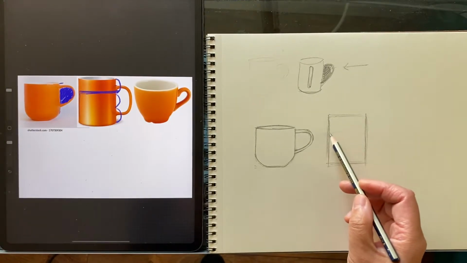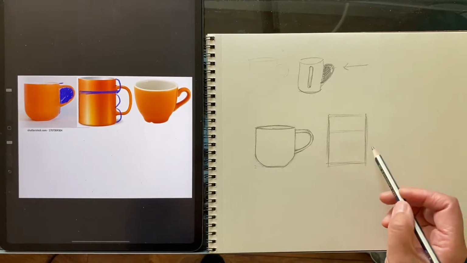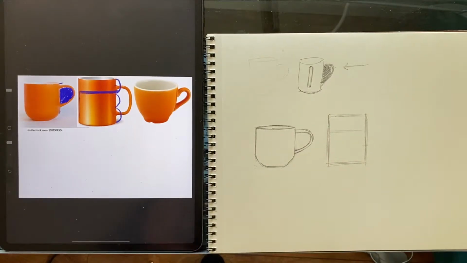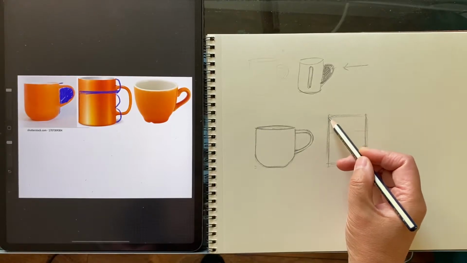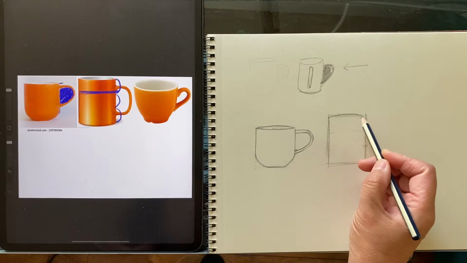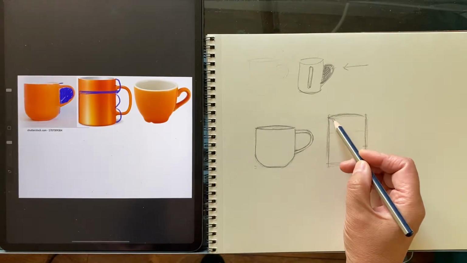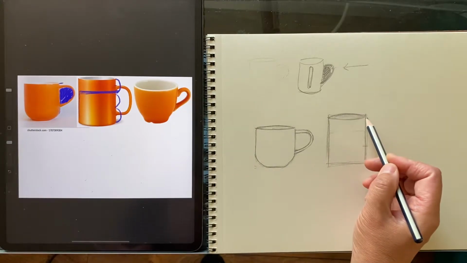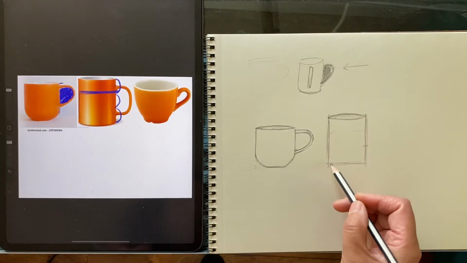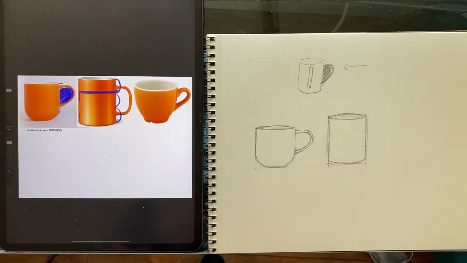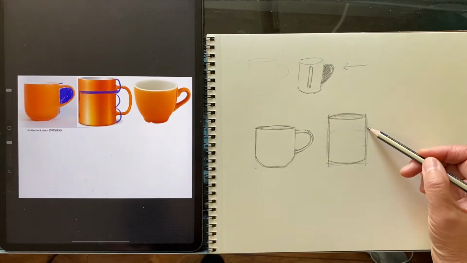So if I have a square here, that's 1 2 3. Yeah, that's how that is. Then the top, bottom, this. Okay, now